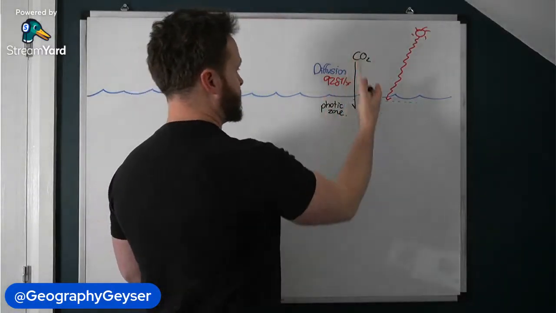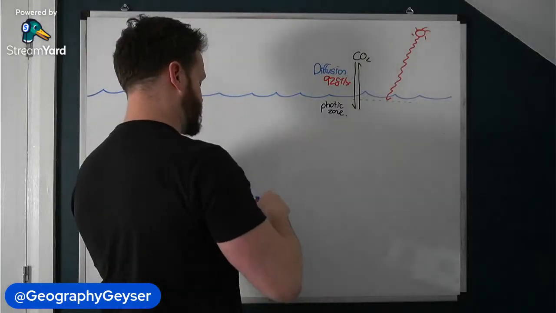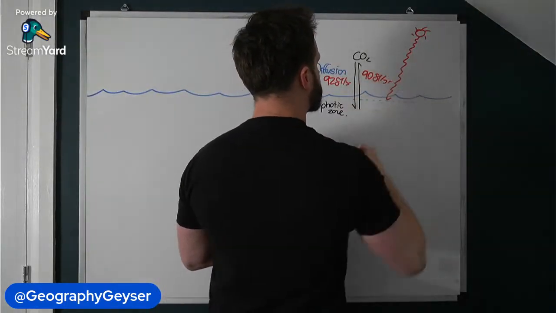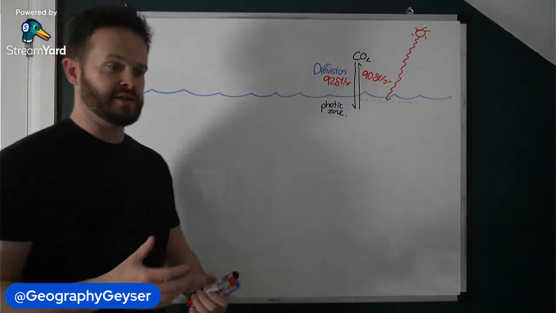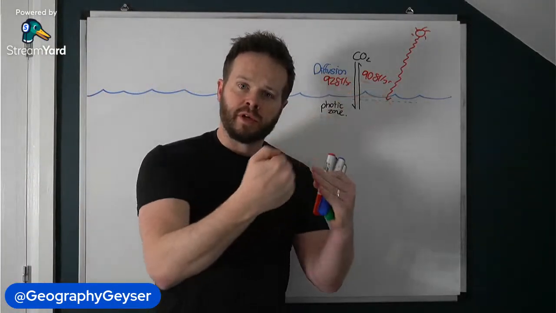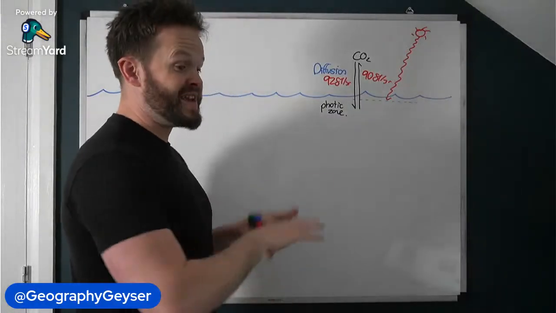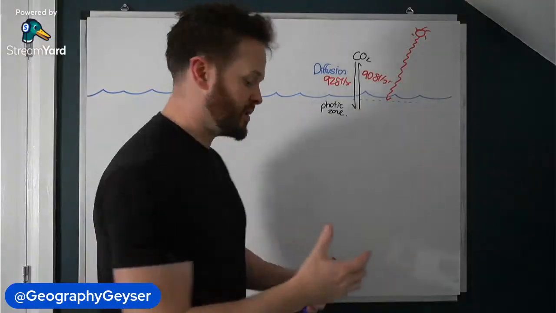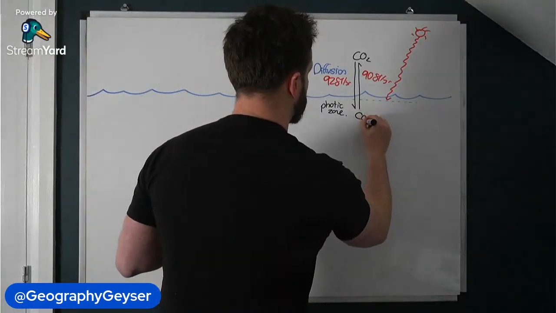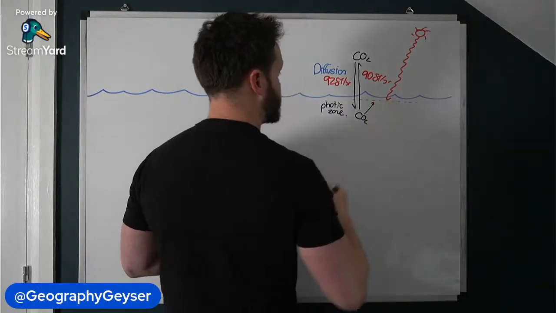diffusion of CO2 into the oceans, it can also be released. And we'll come back to this idea, but this is known as direct gaseous exchange. But that takes place at around a rate of 90 gigatons per year. So you can see that the diffusion of carbon dioxide into the oceans, there's a net influx of carbon into the oceans. So they are a net carbon sink. That's really important to remember about the oceans. But what that does is it puts dissolved CO2 into the oceans. So that can be utilized by phytoplankton as well.